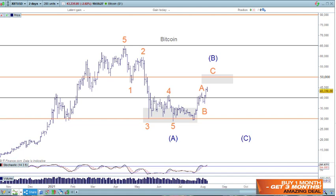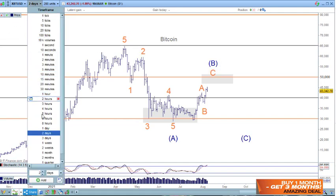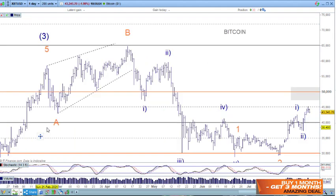Let's have a look at a couple of counts that we've got here. First of all, this is the bearish count because it's got wave A here and wave B here and wave C. The 50,000 is roughly the 50-60% retracement level. And also what I want to say again is that we're looking at this count and we're also looking at a more bullish count on this